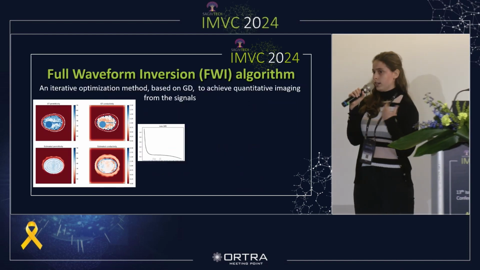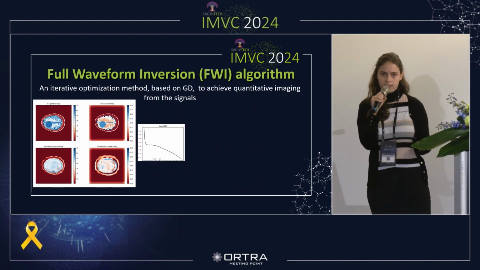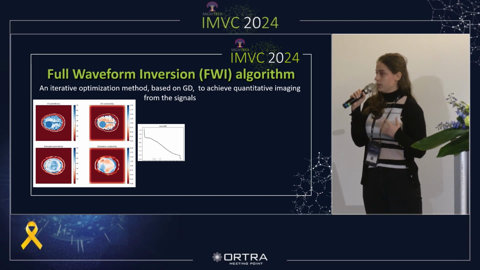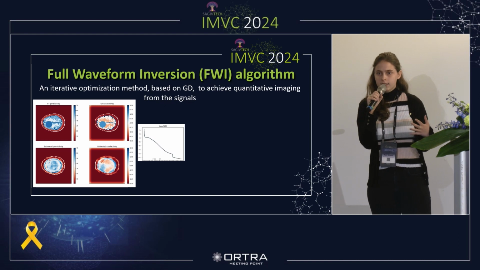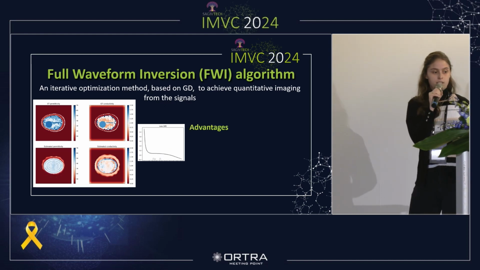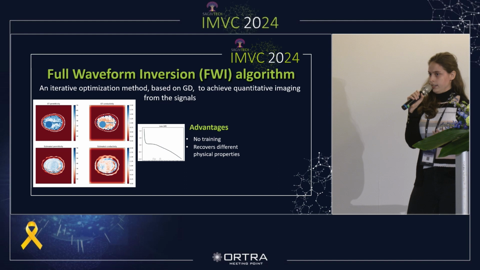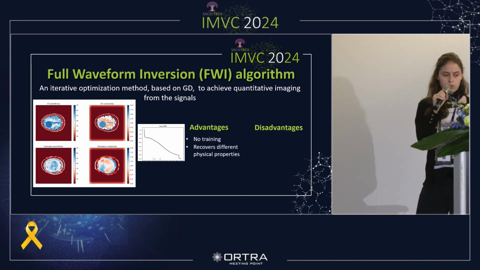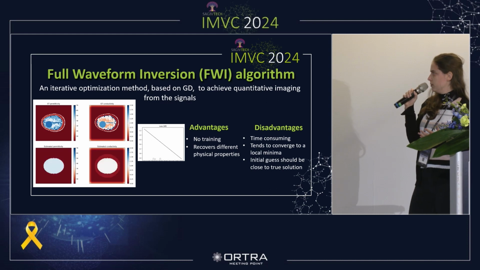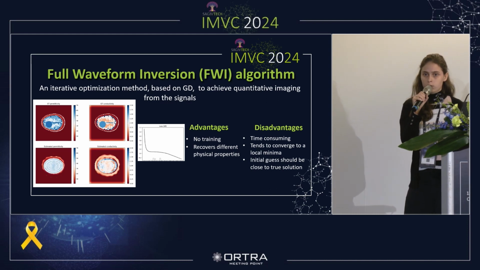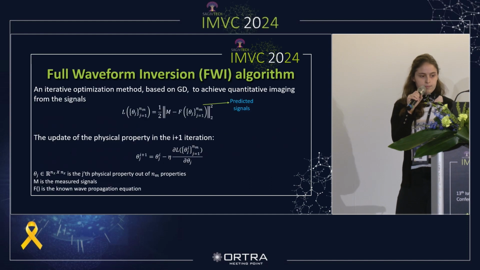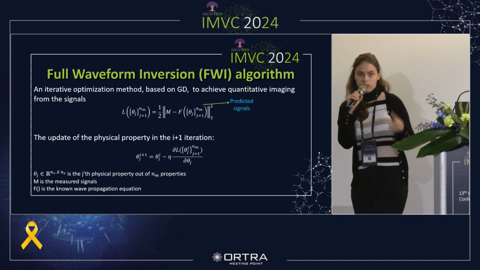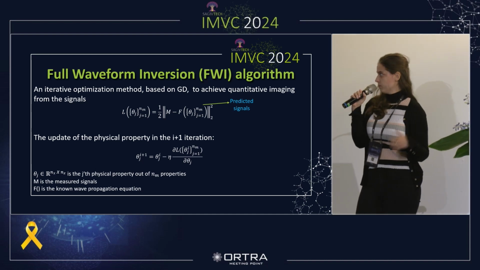There are known methods to recover the physical properties from the scattering signals. For example, full waveform inversion, which is an iterative optimization method based on gradient descent. This method needs no training and can recover multiple physical properties. However, it's time-consuming and tends to converge to local minima and needs initial guesses which are close to the true solution. The FWI loss consists of the differences between the real measured scattering signals, the tensor M, and the predicted